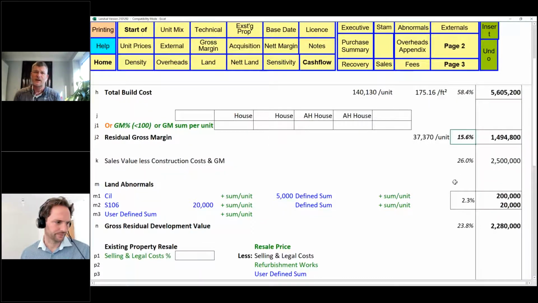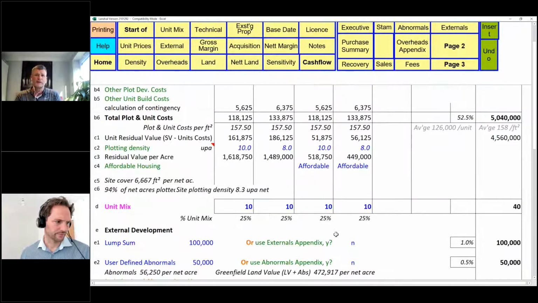If you then said, well, actually, what the private sector would probably do is look at the mix and say, well, we don't really want to do 50% affordable. We don't need to. We can get away with 30% or 40% or something a bit better. We can then look at the mix option that we have per unit, and we can then move those to some more units that are going to make more money for us. If it's an RP, it depends on what you're trying to achieve, and what's going to be your development strategy.